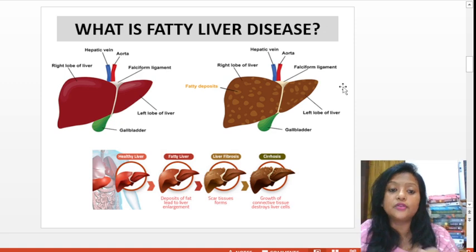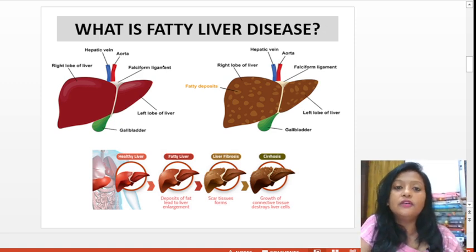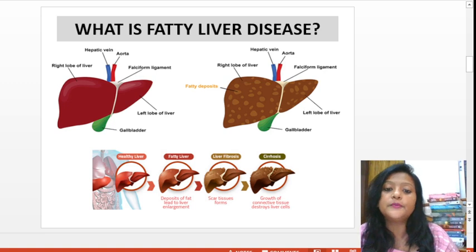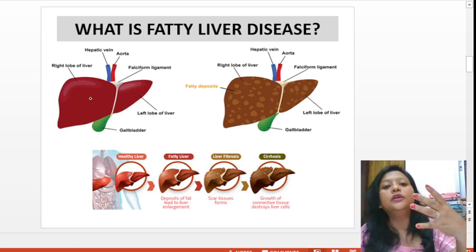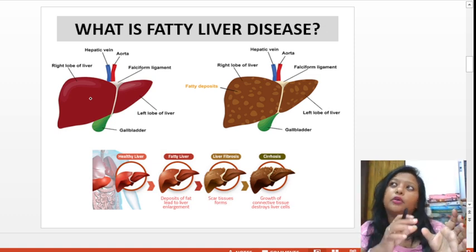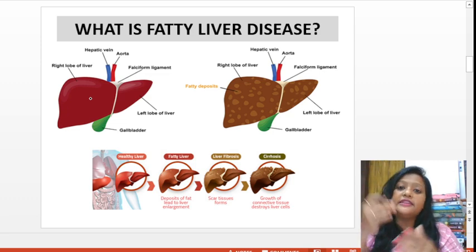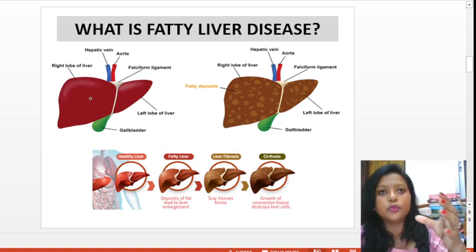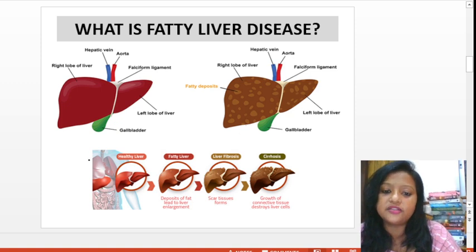See, the diagram itself shows you how the liver changes in a healthy human being and in a person who is suffering from fatty liver disease. Here, the liver is basically reddish brown in structure. But when it is not working properly, when it is damaged, or on the way to damage, there are some stages of liver damage. When it is going through those stages, you can see how it changes here.